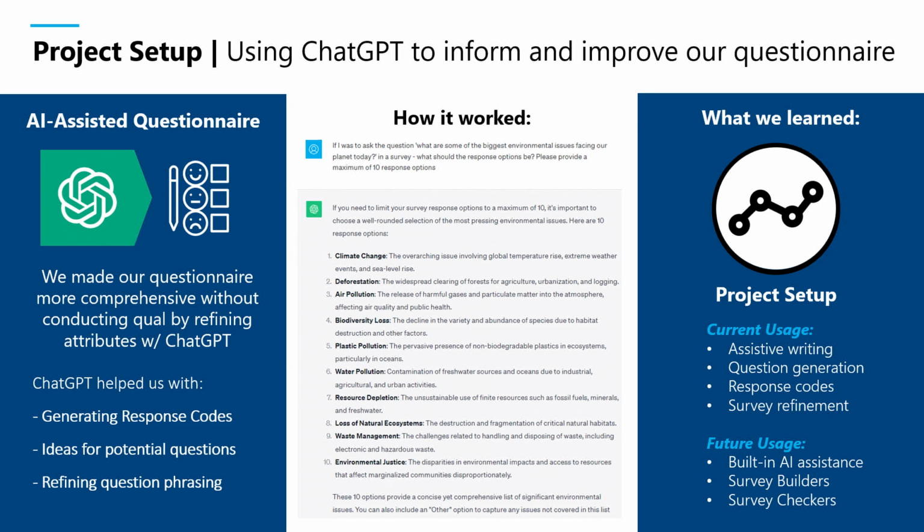I know Steve mentioned earlier some other providers that are building survey generators. I think there's also a role for AI in survey checking, going through a survey, checking the logic, checking your phrasing, even checking for typos, basic things. But I think there's a huge role for AI in helping to kickstart the process of building materials